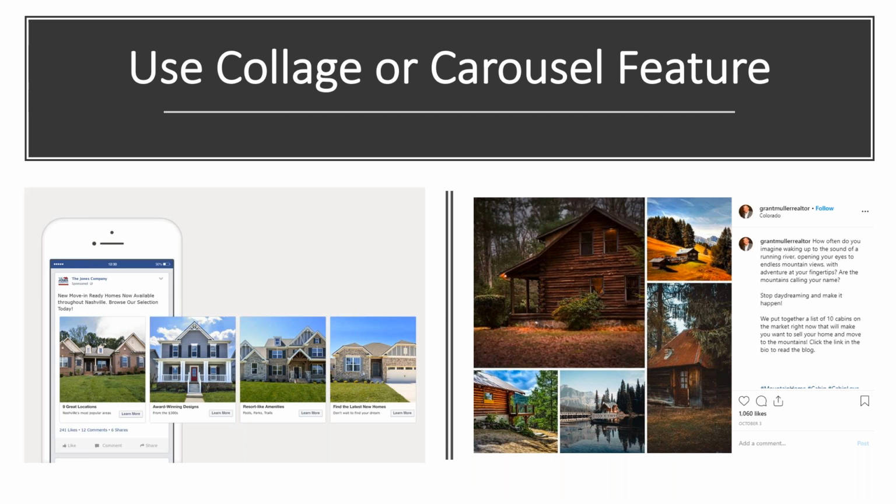And for our real estate agent, as someone who's an agent, this is an awesome play for you for 2 reasons. One, you're going to tell more of a story. And number 2, you're going to appease Instagram's algorithm. It's statistically shown that when images use either a collage or a carousel option when posting on Instagram, your engagement level goes up. The algorithm is looking to see how long your audience stays on your post and how long they stay on your feed or on your account.